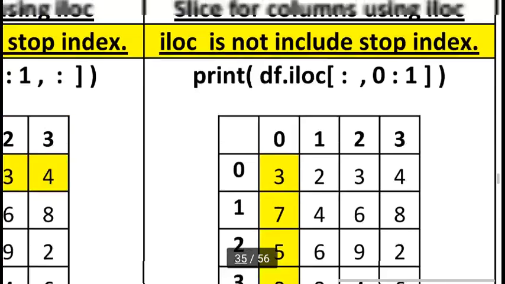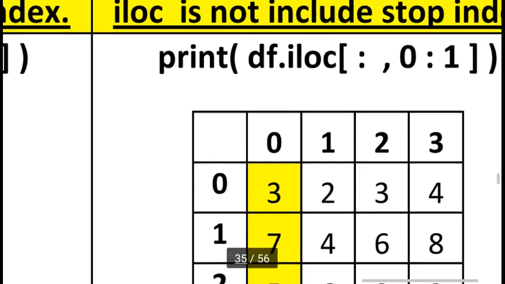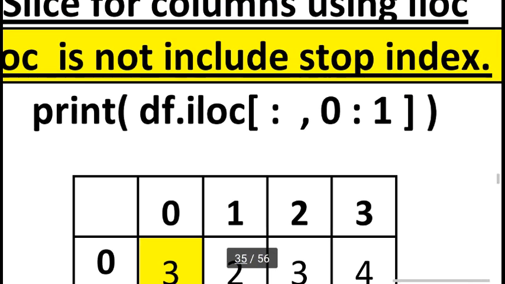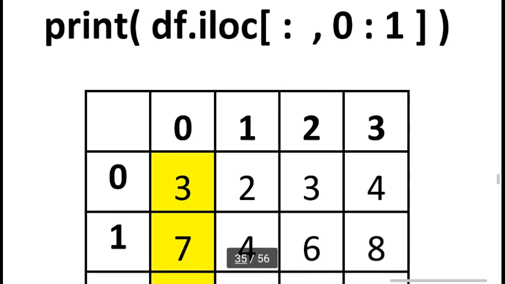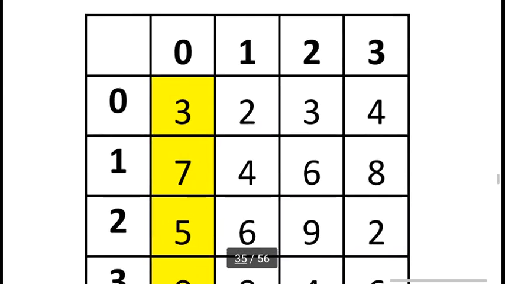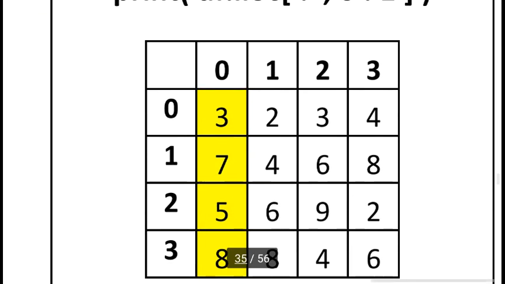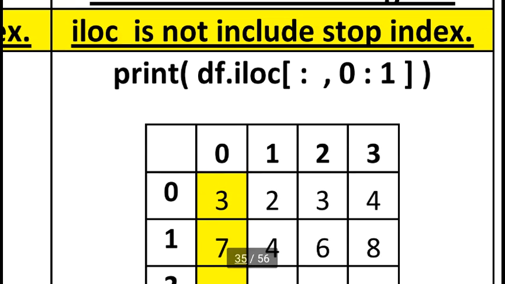But I want to select column-basis data. So here I am using iloc again, but [:, 0:1]. So all the rows of the first column. This statement tells us first column, all the rows, in our language. So you can see 0 colon 1. 1 means one less, so again 0 to 0 means only the 0th column: 3, 7, 5, 8. This first column has 4 rows. So here I am using colon comma 0 colon 1.